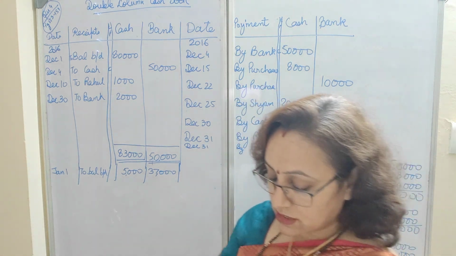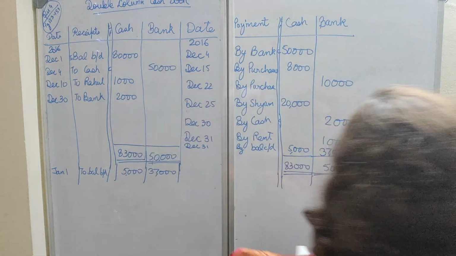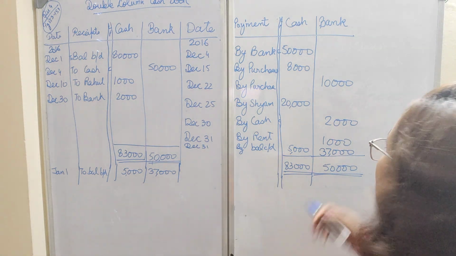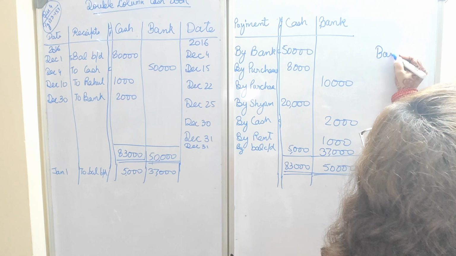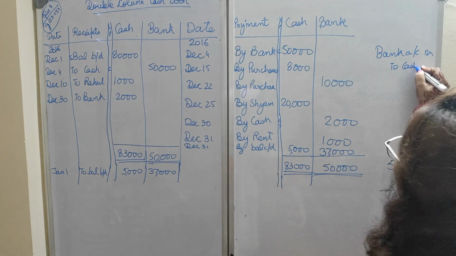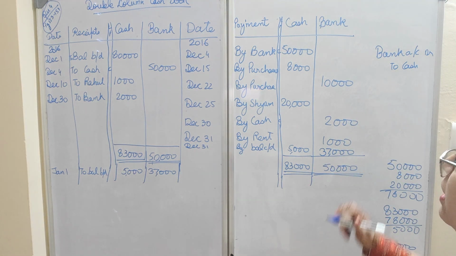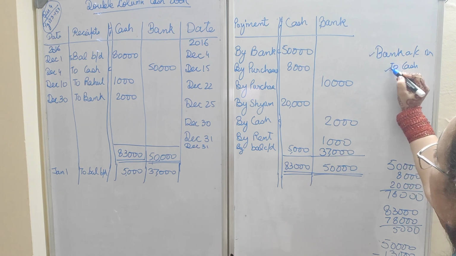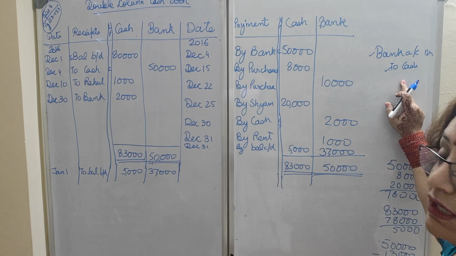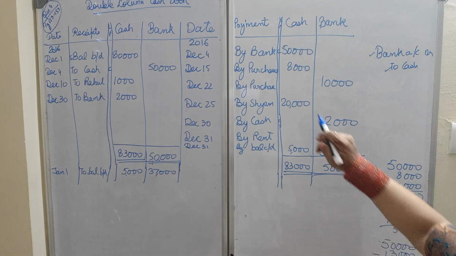Now next is deposited into bank. If we see, whenever you deposit money in bank, what is the journal entry? Can anybody please tell me? The journal entry is bank account debit to cash. Now remember double column cash book, I told you in the last video that we will be doing contra entry. The entry in which bank and cash both are involved, one is debited and the other is credited, that entry is called contra entry. Now how do we record the contra entry?